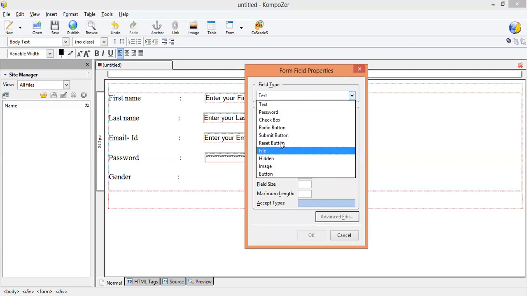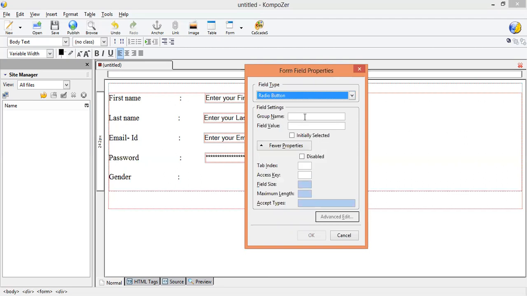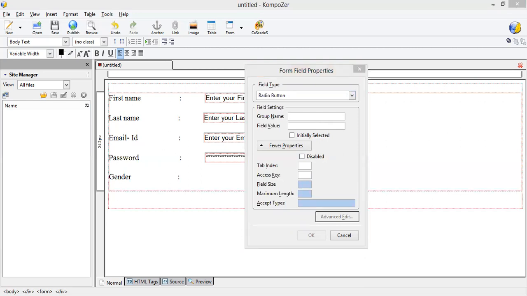In place of text you have to select here radio button, group name, which is G, and the field value which is, suppose you are female, then you have to write down here female and you have to initially check.